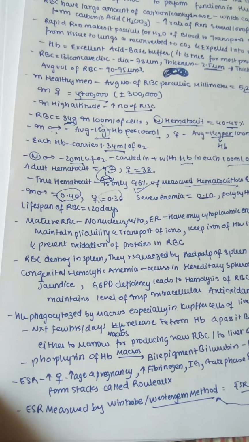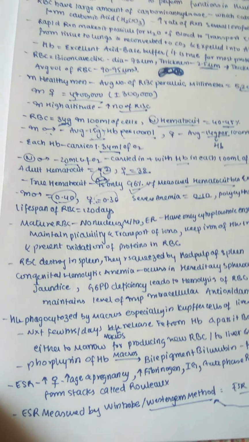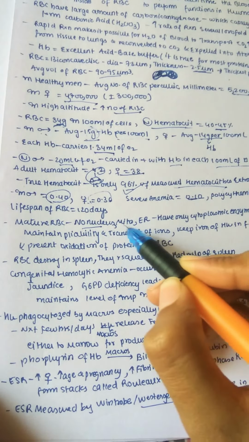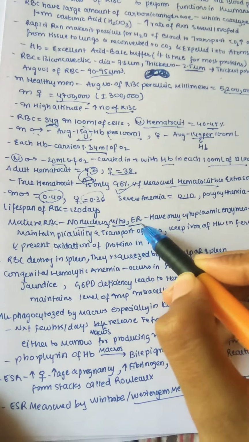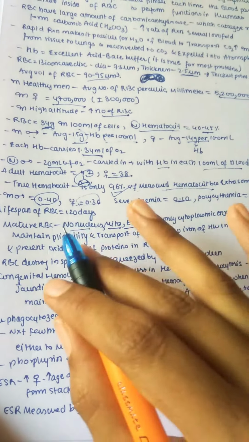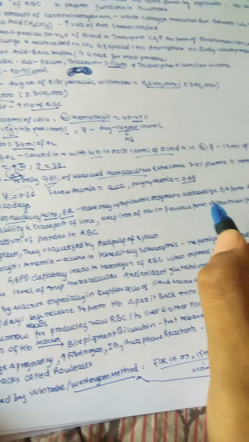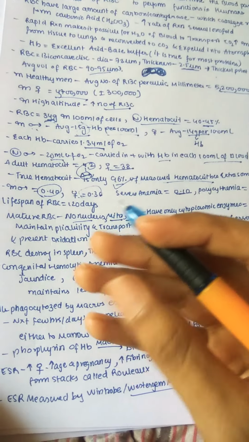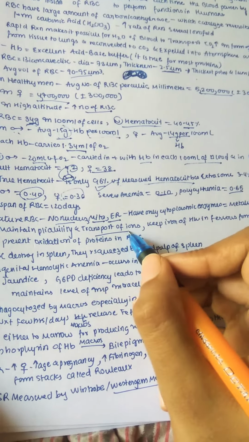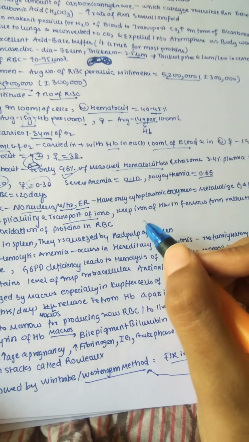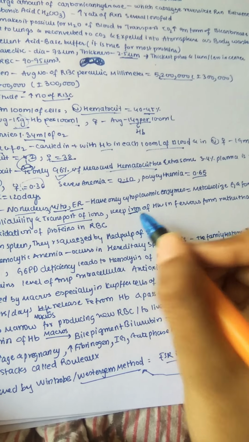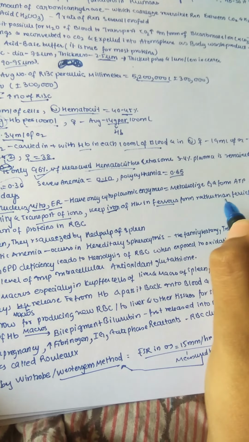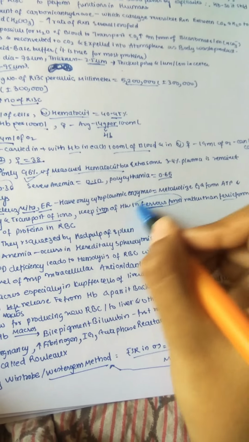And normally the lifespan of RBC is 120 days. So a mature RBC, remember this is a very important point, doesn't have any nucleus, it doesn't have mitochondria, and it also doesn't have endoplasmic reticulum. It only has cytoplasmic enzymes which mainly metabolize glucose and form ATP, maintain the pliability of the membranes, and help in transport of ions in RBC. They also keep the iron, which is nothing but ferrum, of hemoglobin in a ferrous form rather than a ferric form, because it should always be in a ferrous form.